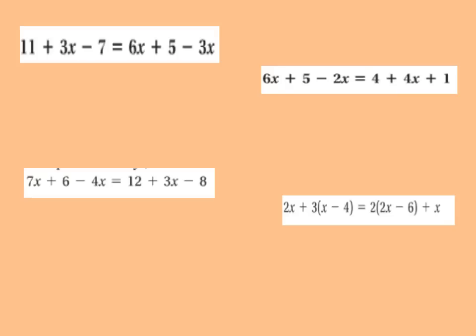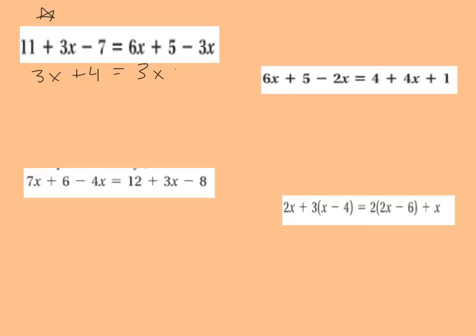There's a lot of problems here. Don't worry, just get through it. So I'm going to do this top left one first. First thing you should always do is combine like terms if you have them. So I have my 3x plus 4. 11 minus 7 is 4. On the right hand side I have, this is subtraction, so